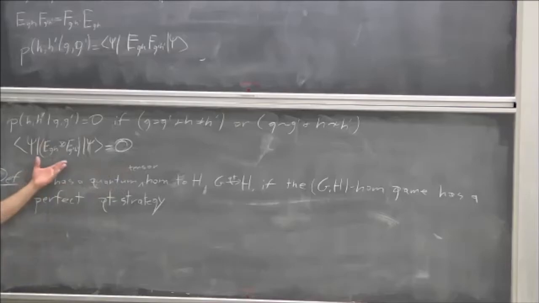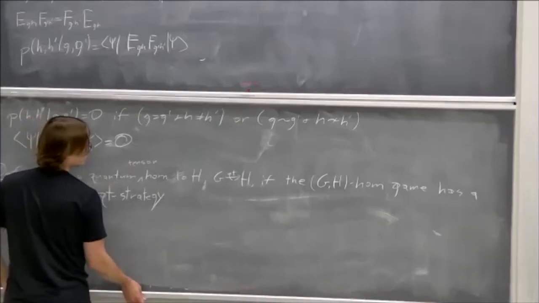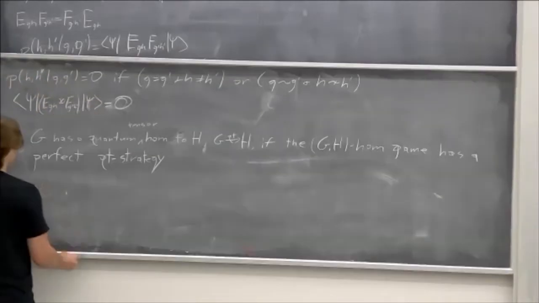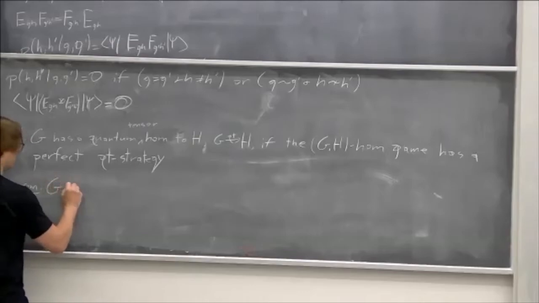But that's kind of a lot of stuff, right? I need the vector, I need matrices for Alice and matrices for Bob. So I'd like to reduce the complexity, so to speak, of what we actually need to look for. And for that, we have this theorem, and it says that G has a quantum homomorphism